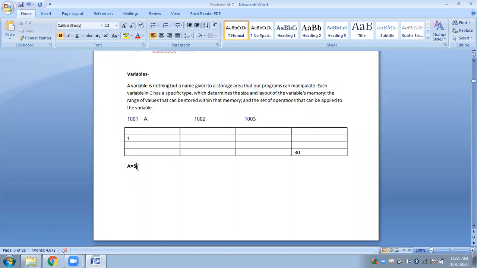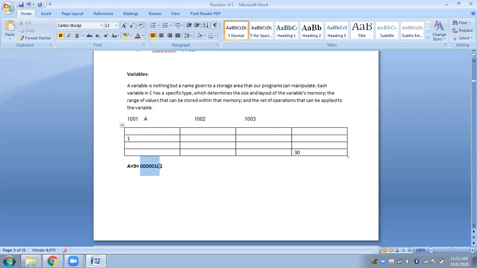So you know that when you store 5 in a memory location, it has to be converted to binary. The binary equivalent of 5 is this.